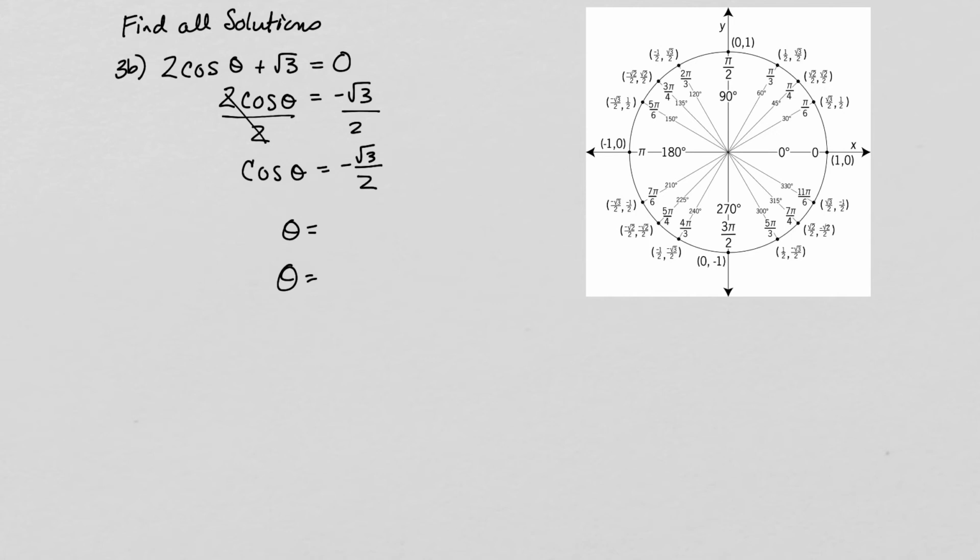Okay, so 5 pi over 6 and 7 pi over 6. Okay. That looks like a number sign, not a pi. So,